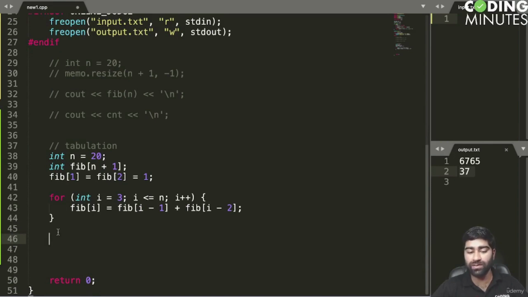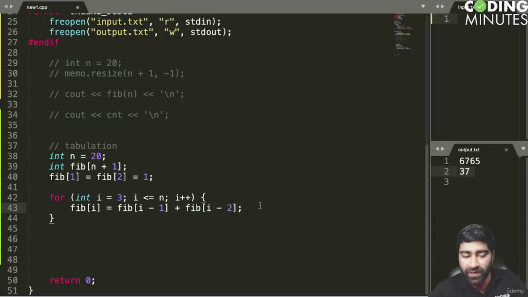It will work because I started from I equals to 3. So in the first iteration, Fibonacci of 3 is equals to Fibonacci of 2 plus Fibonacci of 1, and 2 and 1 have already been filled. So now Fibonacci of 3 is being filled, right? Now I'll do an I plus plus. So I is on 4. When it is Fibonacci of 4, it is equals to Fibonacci of 3 plus Fibonacci of 2, which are already filled, right? Because when I was equals to 4, it had already calculated I equals to 3, I equals to 2 and I equals to 1. So if I am on I equals to 10, that means from 1 to 9 Fibonacci has already been filled,